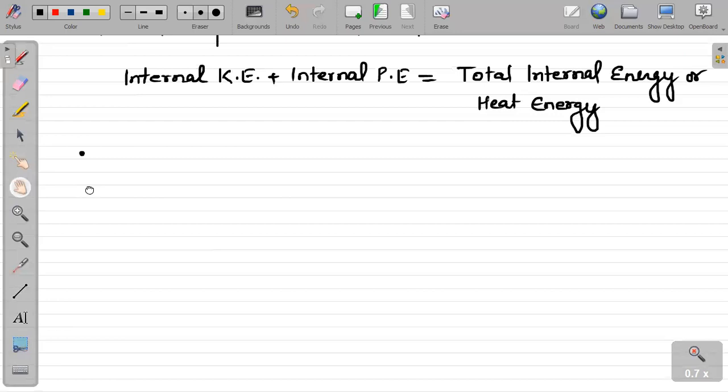Yes. The amount of heat required to change state of a body, heat required or rejected,